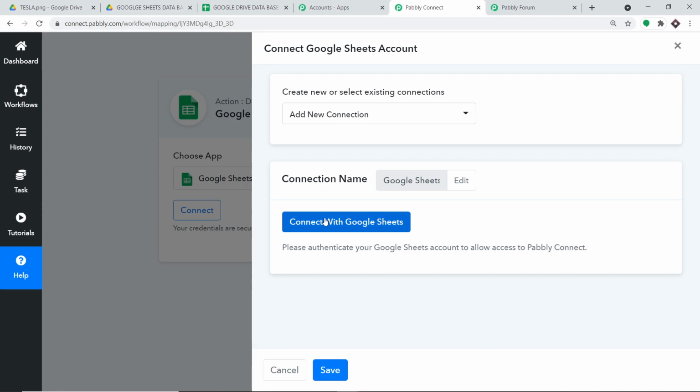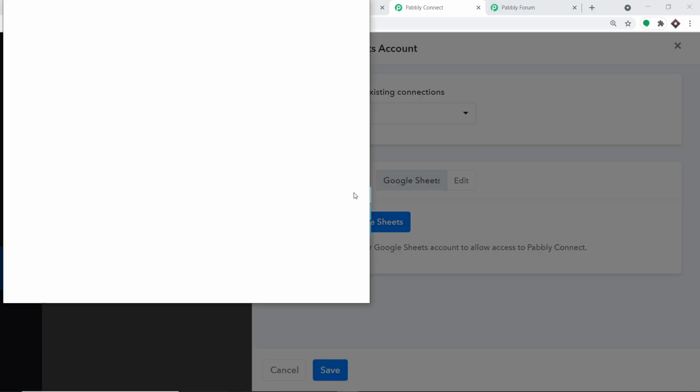Okay, so now I'm going to show you something. For example, we uploaded the file in the Google Drive of a person called Michael Karas. But I also have a secondary Gmail account. So my plan is that in that secondary Gmail account, I have a Google Sheet, and in that Google Sheet, I'm going to enter these details. So the idea is that if, let's say, one particular Google Drive gets corrupted, we still have the database in another Google Drive. Okay, so let me just click on connect with Google Sheets.